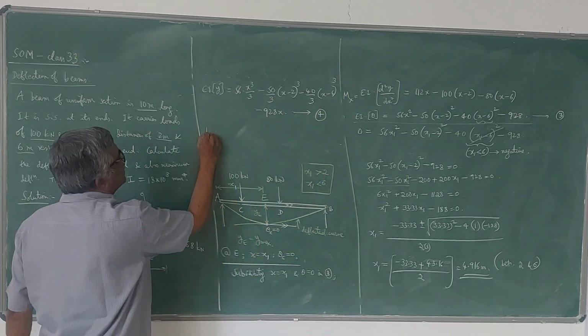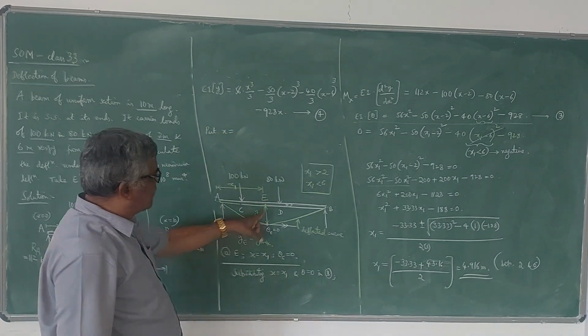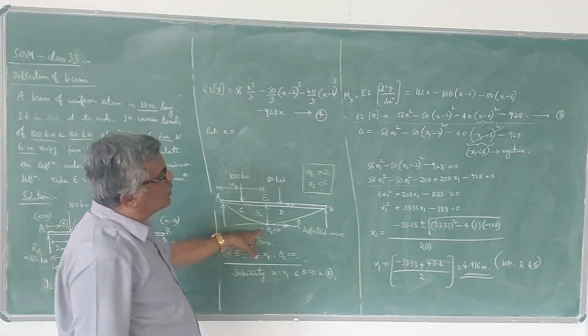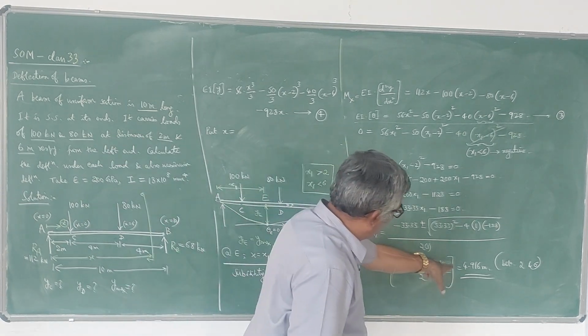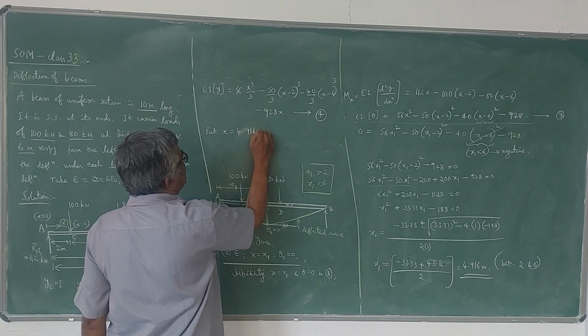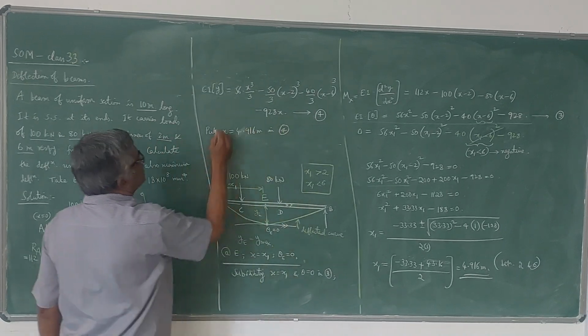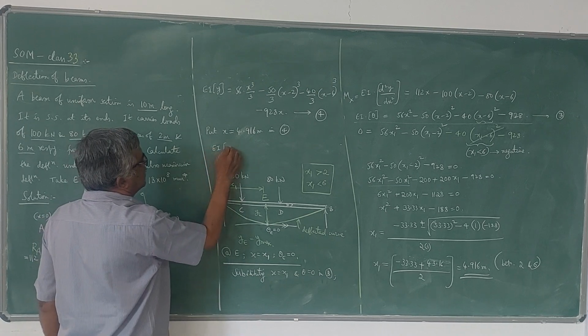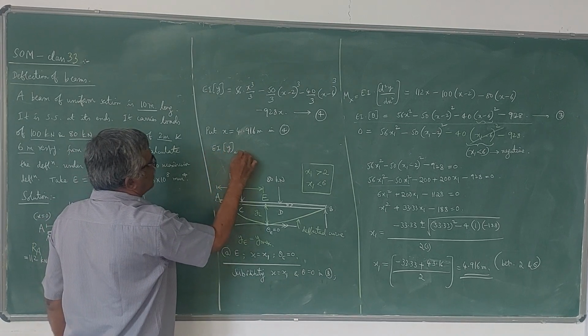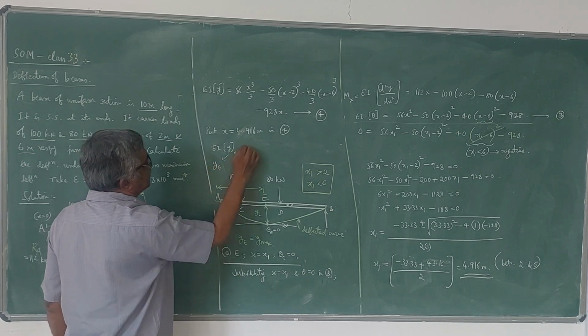In this equation, we know that maximum deflection occurs when the slope is 0. Slope is 0 and x1 is equal to 4.916. Put x equal to 4.916 meter in equation 4. So y becomes y max. So EI into y max, that is y max and yE, they are the same, is equal to